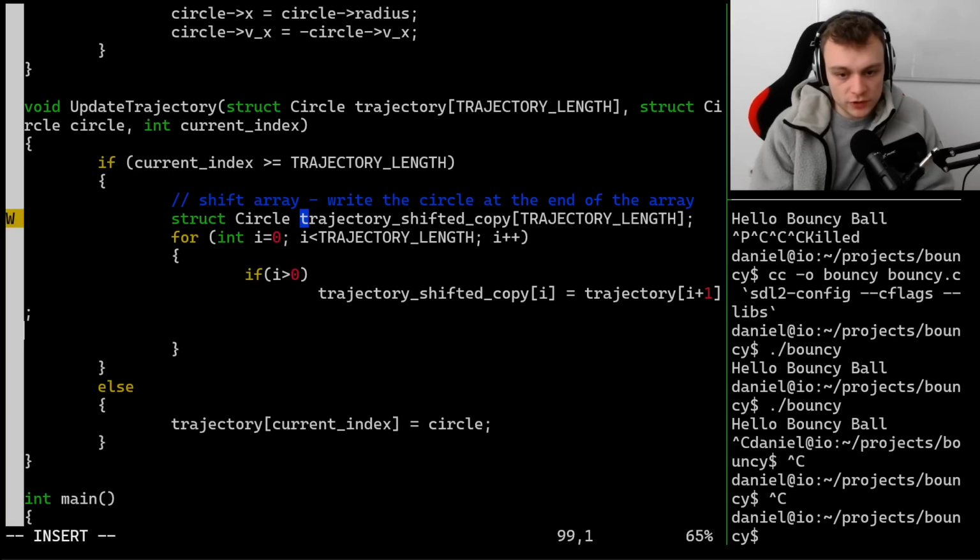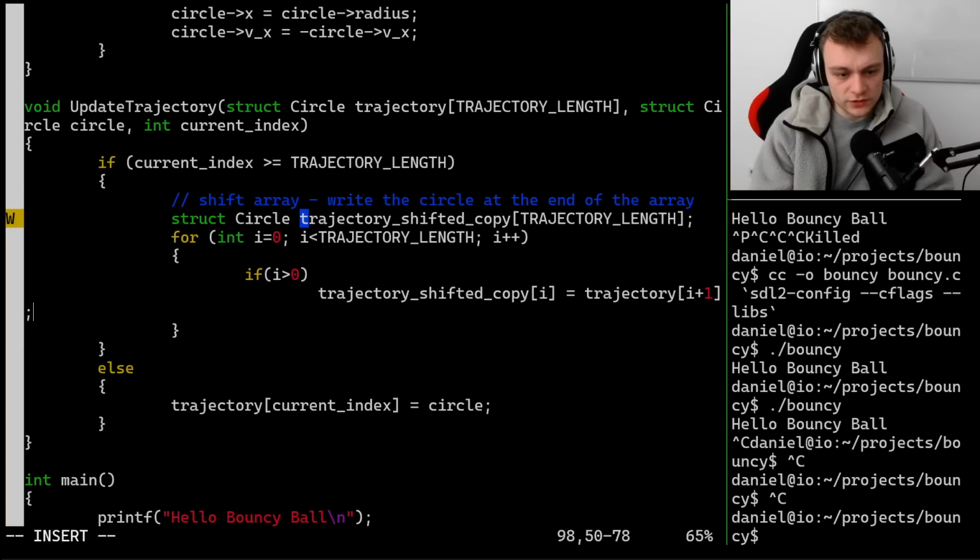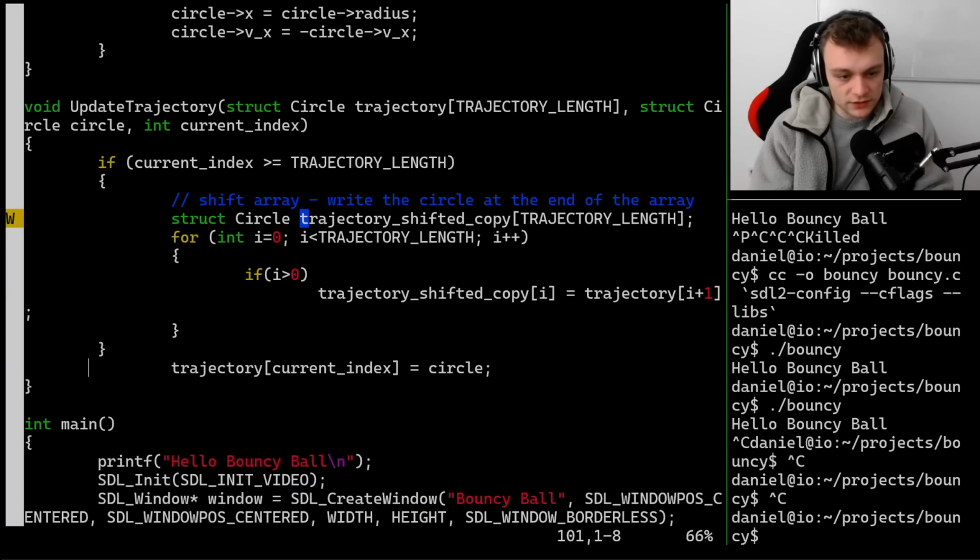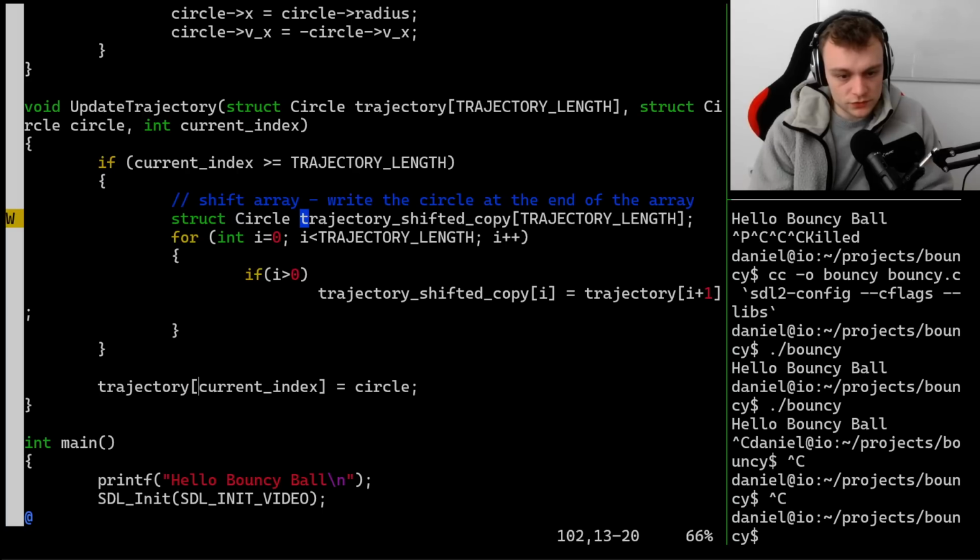So we have created a copy, and then we can write the array into the end of the copy. No, we have already created the copy. That's good. And in any case, we have to update the last item of the trajectory. So trajectory at current index is equal to,